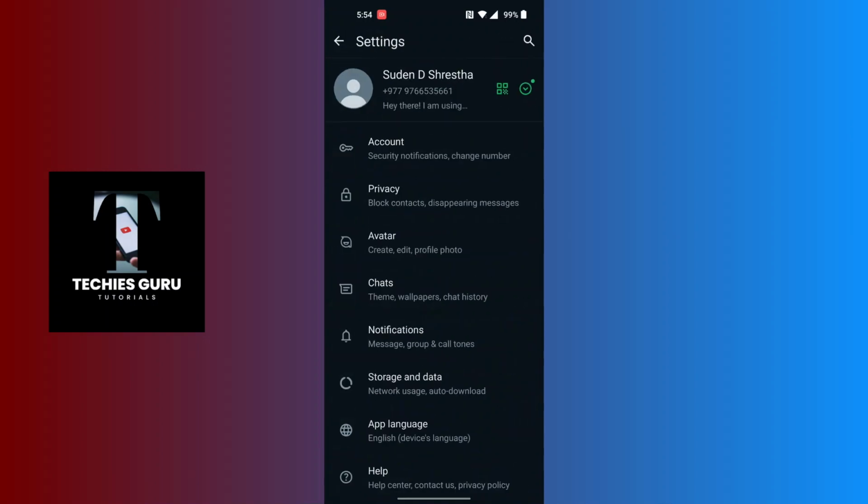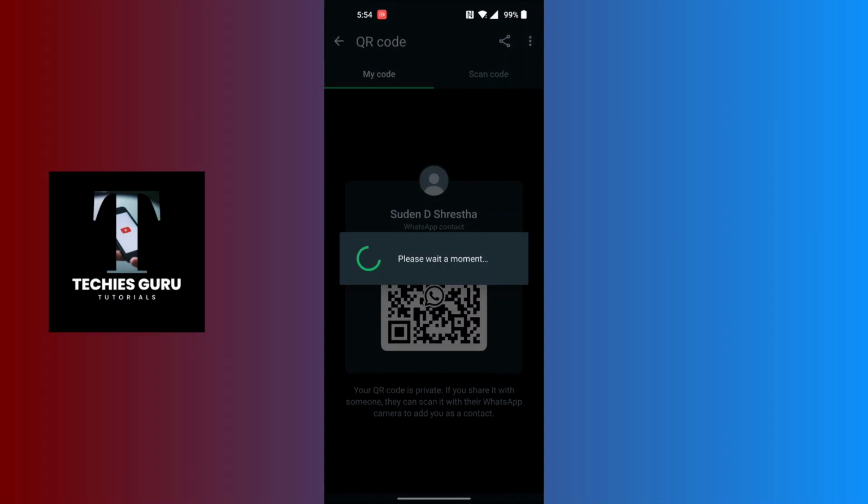So tap on settings, and over here, guys, now you can see your name and your phone number at the top of the screen, and at the right side of it there is the QR code icon available for us. Tap on that QR code icon at the top right corner just beside your name over here, and this kind